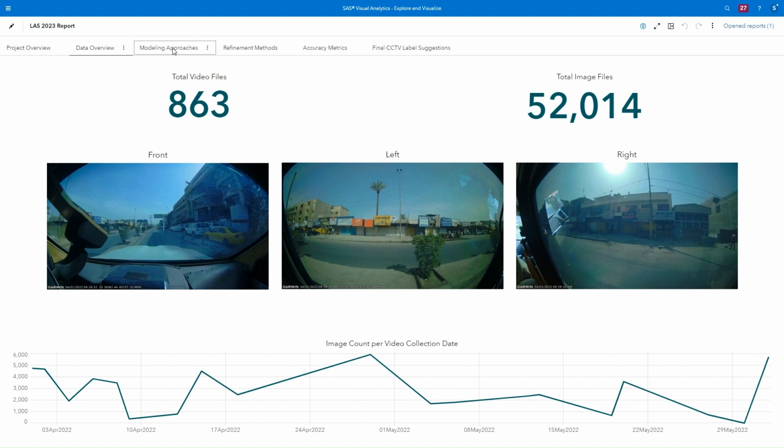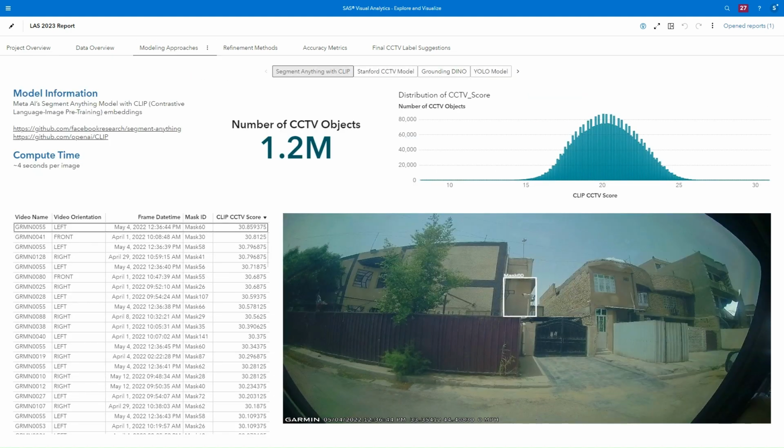Based on the 52,000 images, we assessed 4 methods for our initial approach. Segment Anything with CLIP being the first one. We took Meta AI's Segment Anything model, and that parses the images into masks, segmenting out every single object within the frame. From there, the team ran CLIP embedding similarity to the phrase CCTV